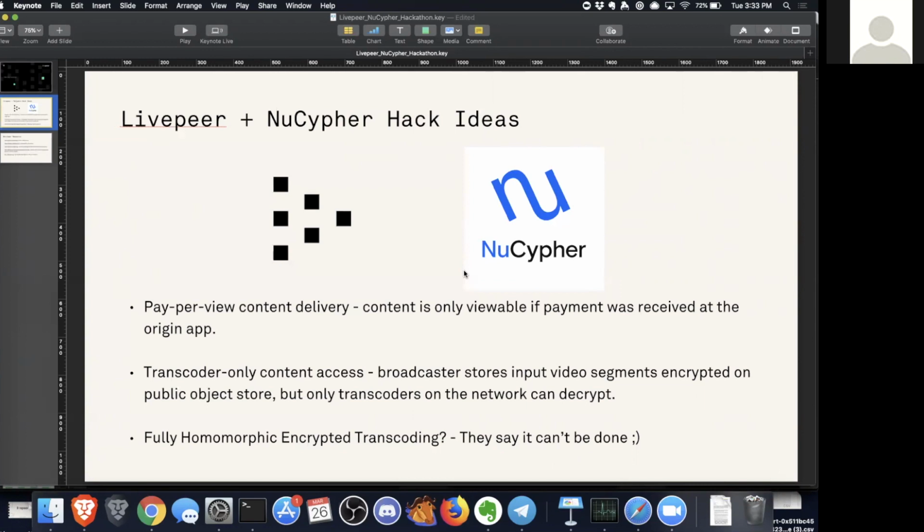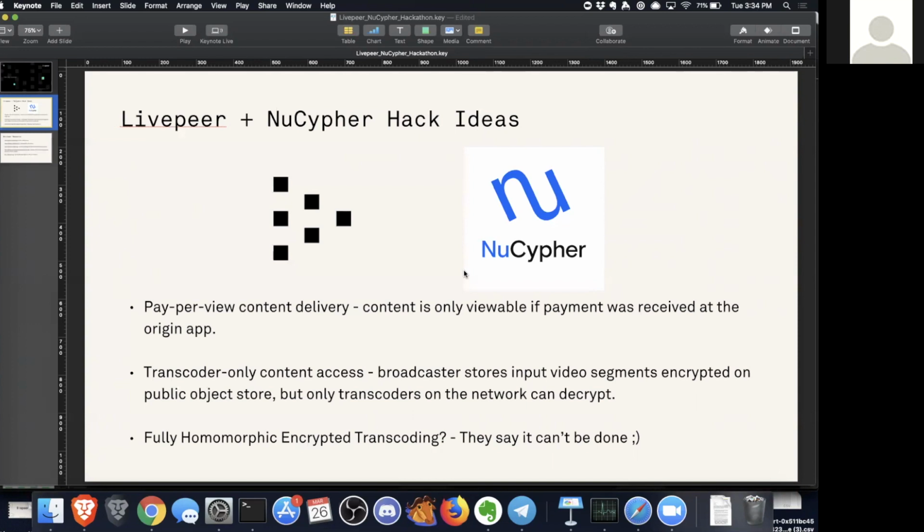The second one I had, this gets a little more technical into Livepeer, but imagine you're an application and you have hundreds of concurrent streams from all different users all around the world, and you need to let nodes, transcoders on the Livepeer network access this content. Well, you could handle all this individual encryption and serving the content to them directly, but oftentimes you might just want to put it all into one object store like IPFS or S3, and you probably don't want it to be public. You probably don't want it to be accessible by everyone, but at the time you write it there, you don't know who the transcoder is going to be that's going to do the work.